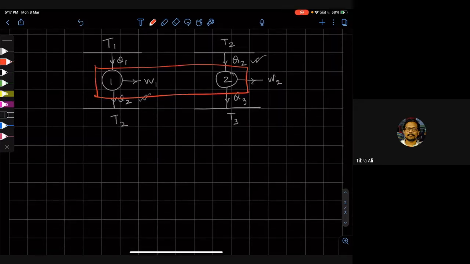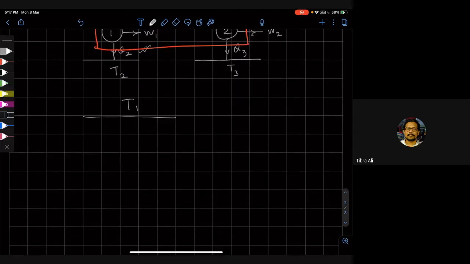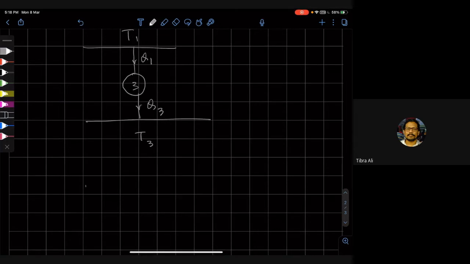And then the picture becomes something where you're going from T1 to, say, T3, and in between you have a third Carnot engine, but now the heat going in here is Q1, and the heat going out here is Q3. And so Q3 now is Q1 times 1 minus eta